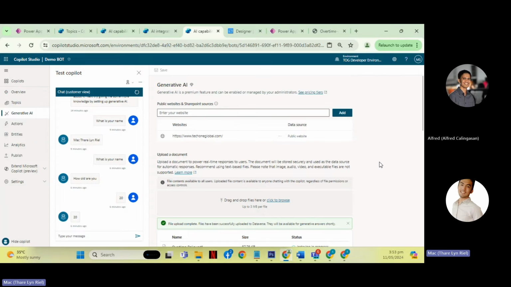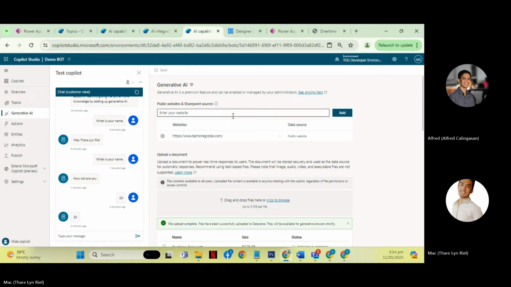If you want to connect, for example, a private website, there is a workaround for that. I won't go through that right now, but there are a lot of workarounds if your desired data source is not available out of the box.